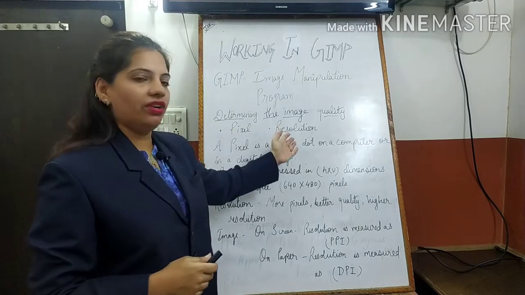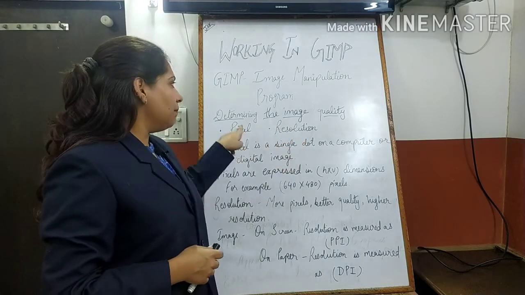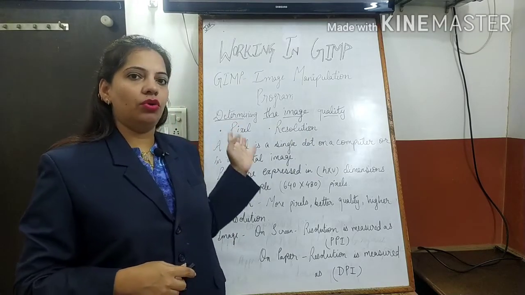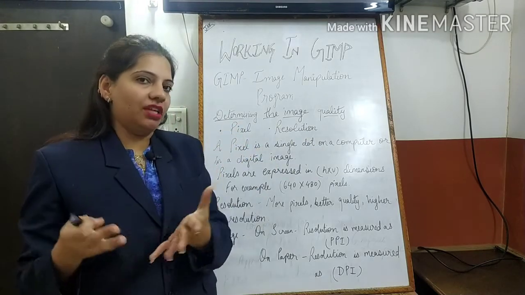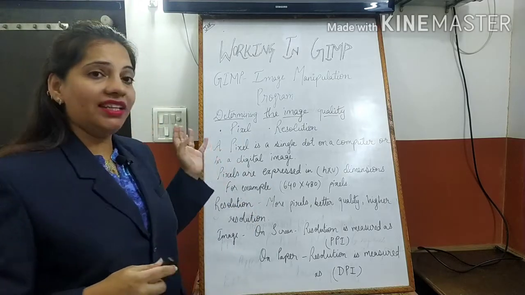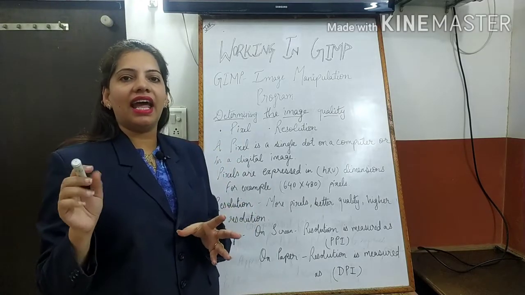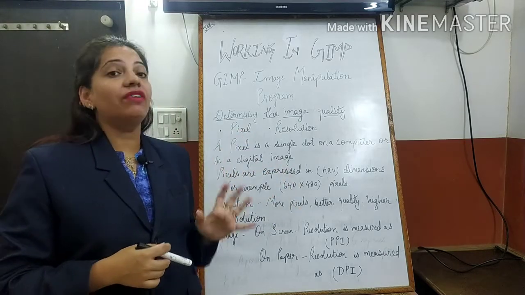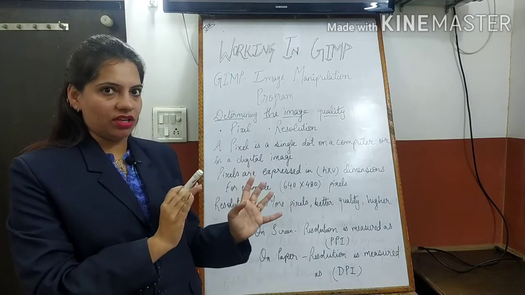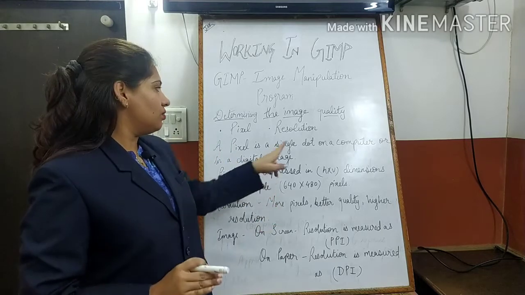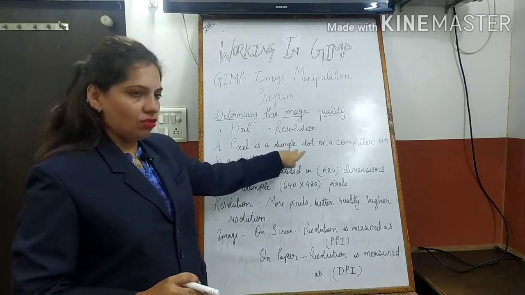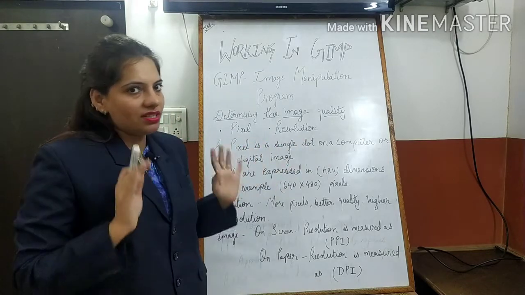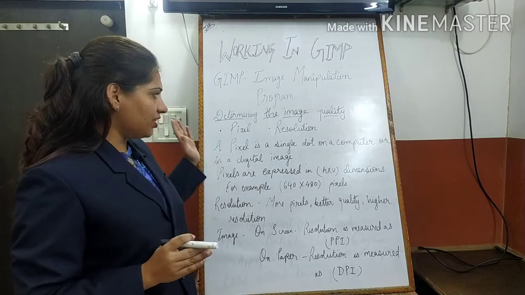So there are two different terminologies I am sharing here, pixel and resolution. These are the things which will help you to know the quality, as in how sharp the image is. So pixel, what are these pixels? These pixels are taken as dots. Dots on the computer screen or on your graphical image on the screen only I am talking, a soft copy of image. So the pixel is dots on the computer screen, or it can be a digital image. That is again on the screen only. Okay. So those are pixels.